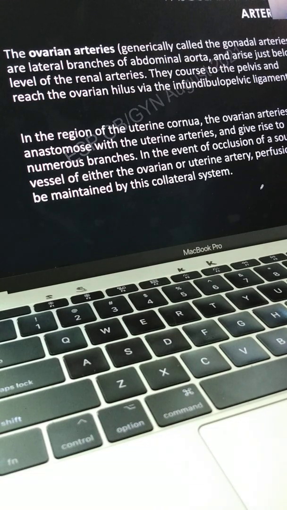The ovarian arteries branch from the abdominal aorta just below